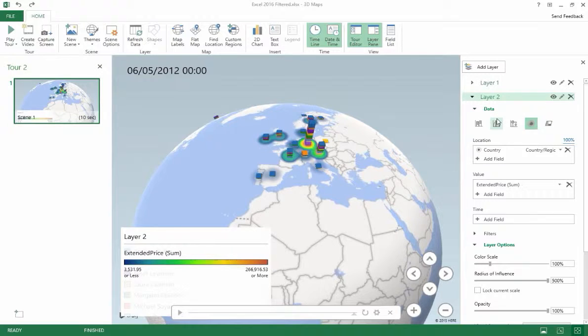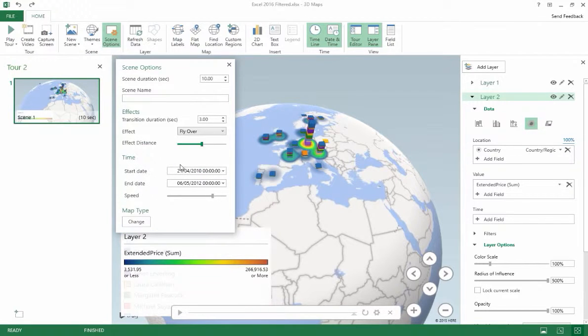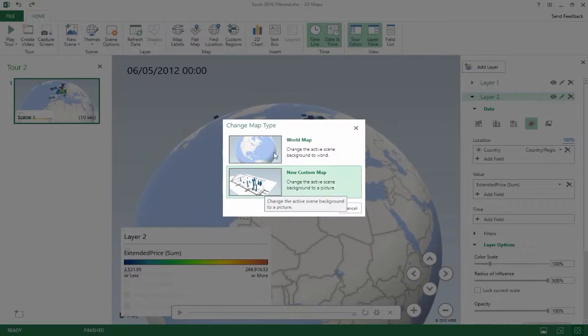If we wanted, instead of that, to look at stuff sequentially, so to look at one visualization then another, we can have scenes. So layers build up into scenes. We can have multiple scenes. Scenes build up into tours. When you have a scene, you can decide what it's going to look like, give it a name, you can decide how long it's going to appear on the screen for, how fast it's going to play through, and you can also fly over it or rotate round it, so you're in an aeroplane watching your chart build, and you can also